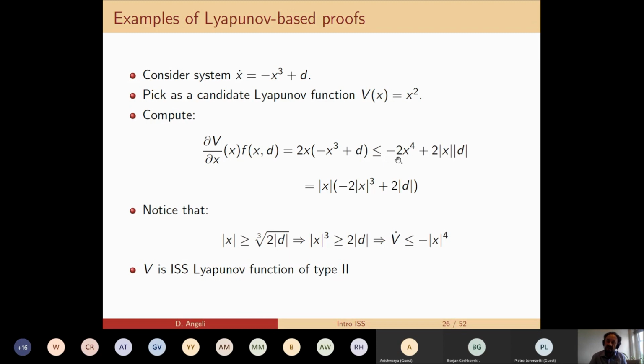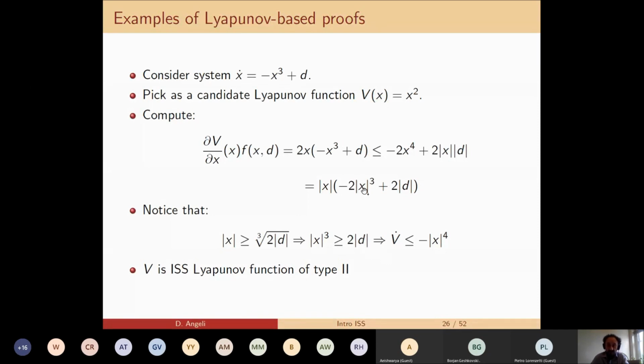So of course, we like this part very much because it's class K infinity in the norm of x. On the other hand, we don't like this part that much. So we can perhaps rework this as follows. Put x here, x times (minus 2x cubed plus 2d). And then we just remark that under a suitable inequality, which is this thing here, this happens. Notice I'm using here a class K infinity function of d. Because this is a class K infinity function of d, I can take its inverse on both sides of this inequality, and this inequality becomes x cubed